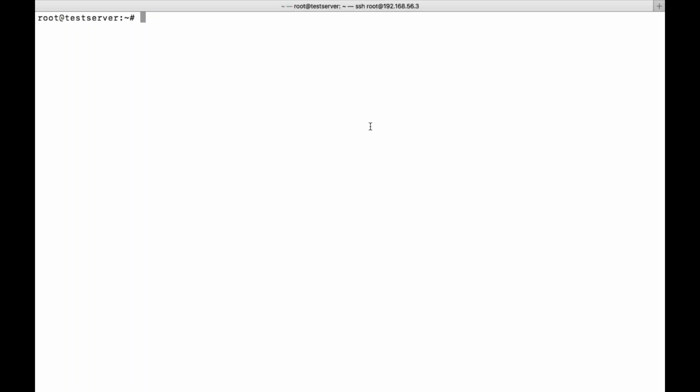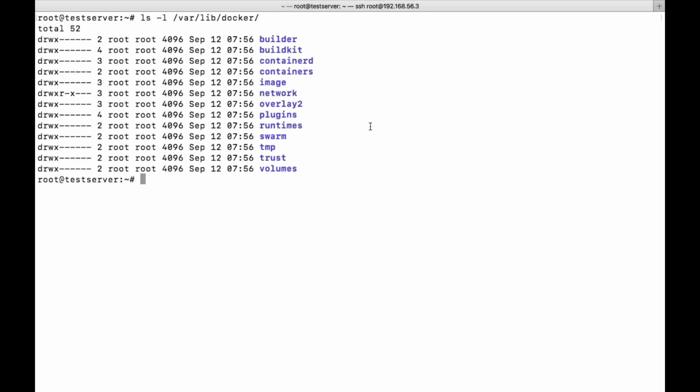And it will create the recommended directories and files which are required for your Docker to run perfectly. So when Docker is installed, it will create a directory called /var/lib/docker. This is the Docker home directory which is created. All the images, containers, volumes, everything will be stored here. Network related information, everything will be stored here. So this is the main home directory for your Docker.